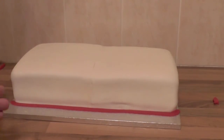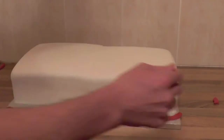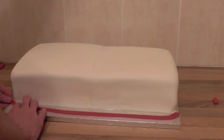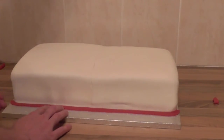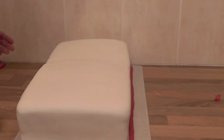So what we need to do is we get our water and brush. We just shift this to one side a second, put a little bit of water down, just so that the fondant sticks to the board, and just a little thin layer around the bottom of the cake, just so it's got something to bond to. And then we can push these strips in like so, just making sure that we're nice and flush with the bottom edge of the cake. And then we can spin this round, and if I just move out a little bit,